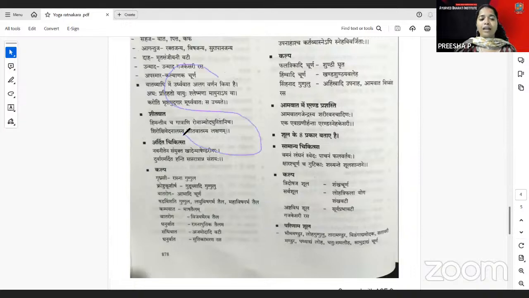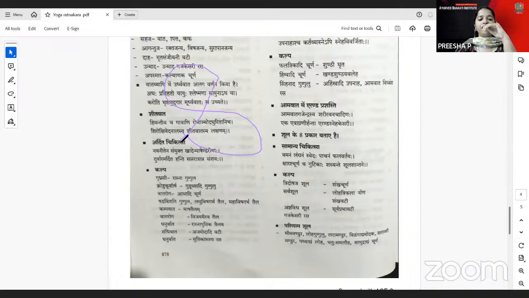You have to write the S, and from S, you will make it as 8. Like that, you have to correlate here. You have the Samana Chikitsa, wherein the Vamana, Langhana, Svedana, Pachana, and Phalavartya are discussed here. And the Kalpa, like the Tridoshaja Shula for the Shankachurna, and the Sarvashula with the Loha Trifala Yoga, are mentioned. And Ashtavati Shula, it is Surya Prabhavati.